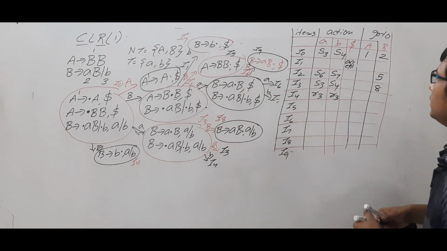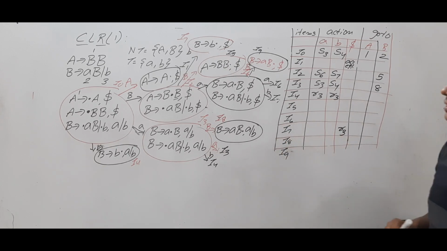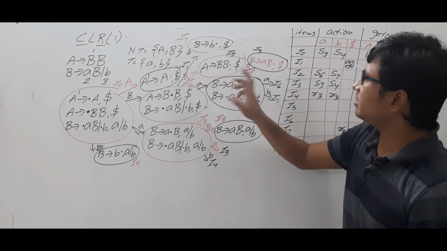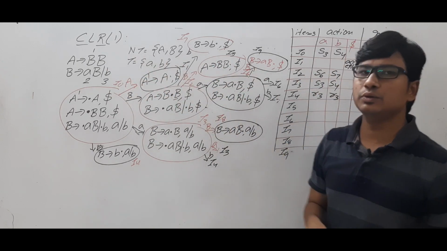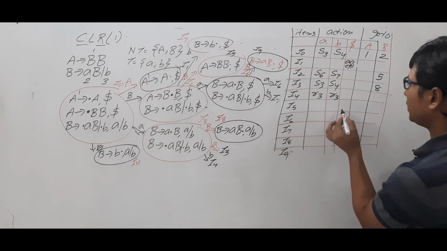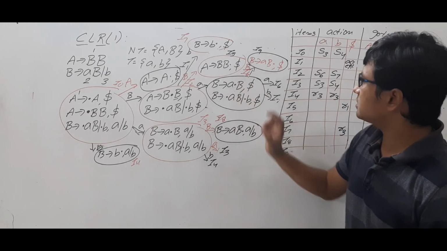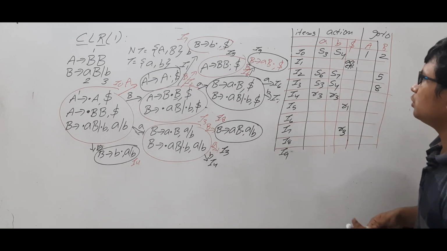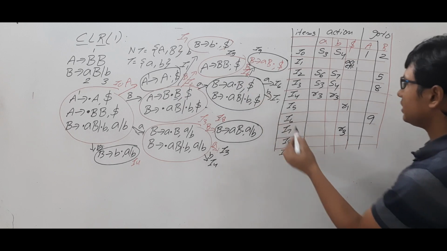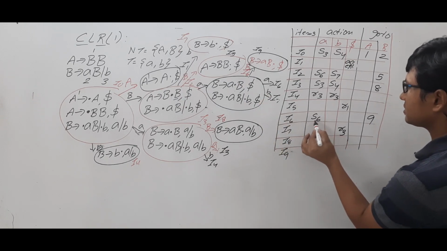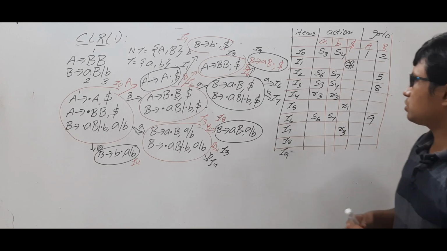Come to I7, we will finish it. Where should I write R3? I should write it in the dollar only. So I7 is finished. Where is I5? I5 is a reduced move, and it is R1. I need to keep it at the dollar. Are you able to understand? Come to I6. I6 on capital B, you went to I9, so you need to write 9 here. On small a, you went to I6, which is S6, and on small b, you went to I7, so write S7. So I6 is completed.